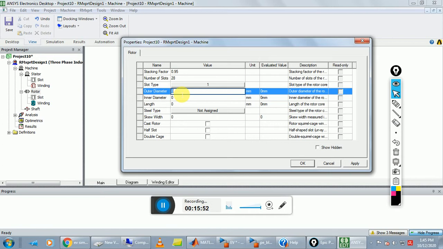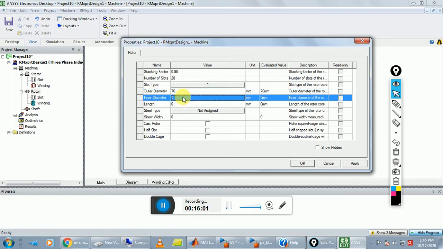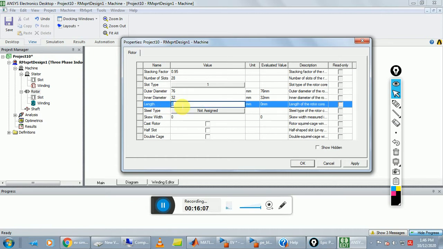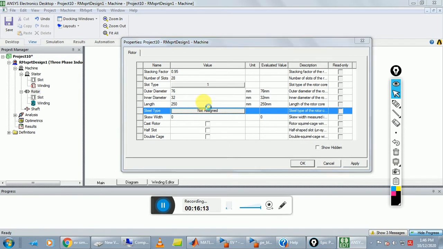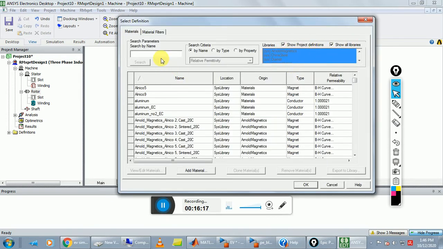So here put the value of outer dia is 76 and inner dia is 32, and length is same 250 mm, and material is again same D21_50.